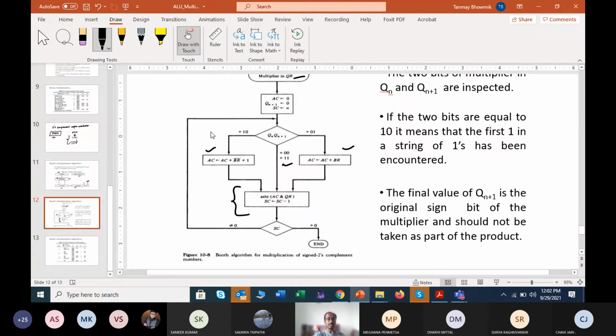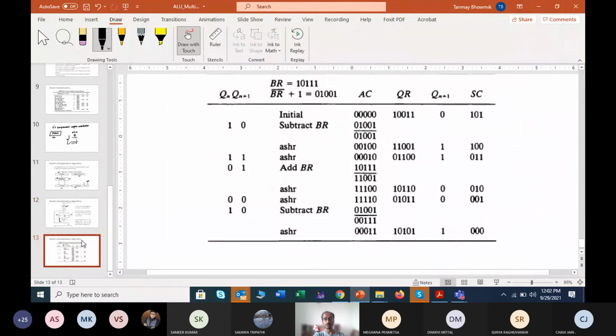So now you should consider one example. This is one example that has been given. But before going to this particular example, I would like to suggest one trick: when you perform any multiplication in any format, whether it is signed number representation, or Booth's algorithm, whatever you are doing, try to take the smaller number in the multiplier part. Why am I saying this? Try to take the smaller number in the multiplier part.